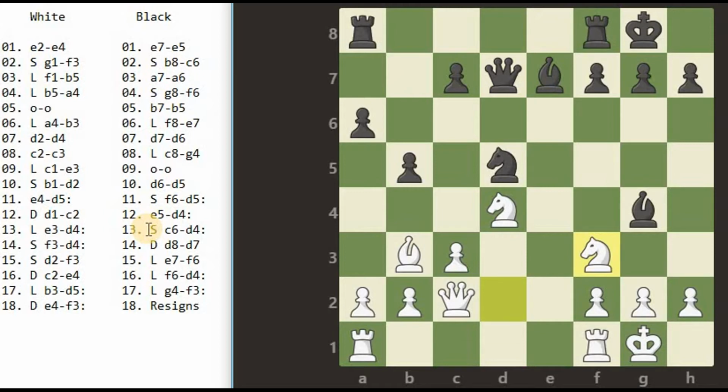Knight to f3. So S, d2, f3. Bishop to f6. The move is L, e7, f6. Queen to e4. So it becomes D, c2, e4.